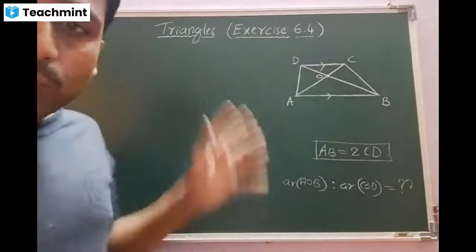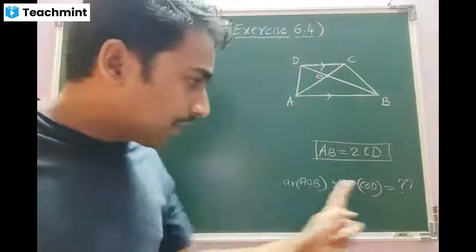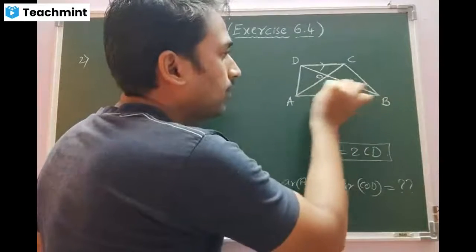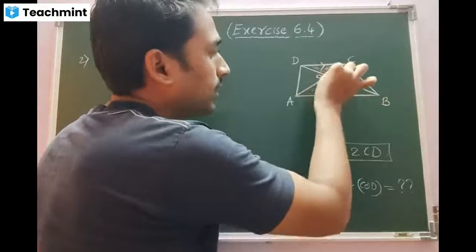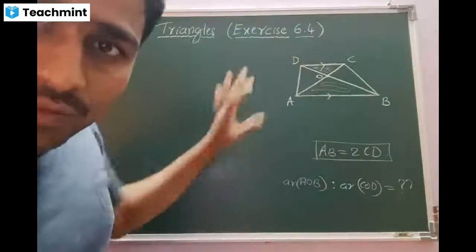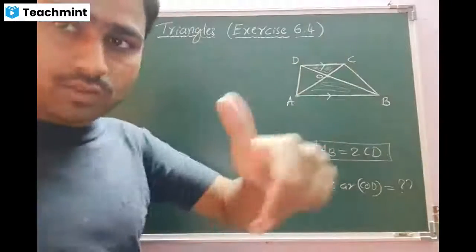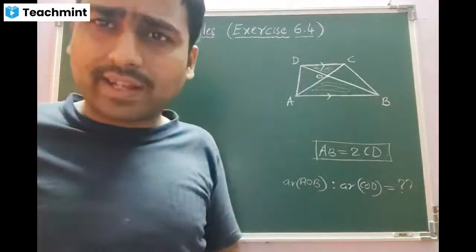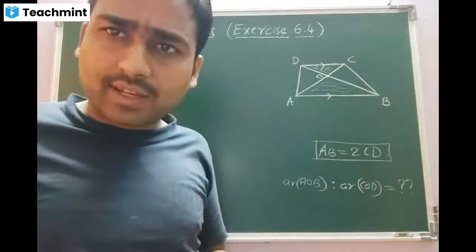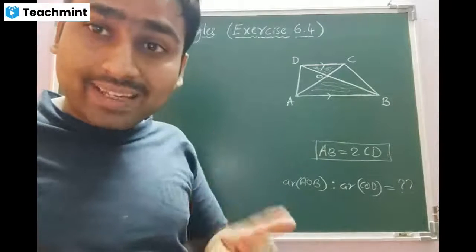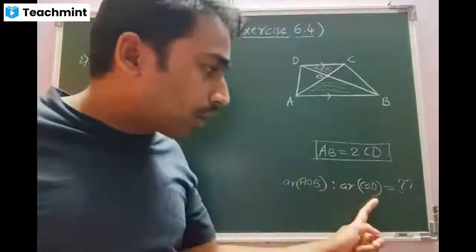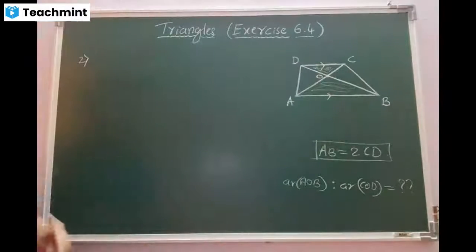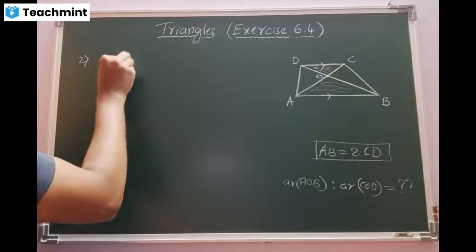We will proceed with triangle AOB and triangle COD. Look at the concept. AOB is available here, the bigger one. COD is available here. We have to take both the triangles. First work, we have to prove that they are similar. Now the question comes, sir, why do we require similarity? The theorem which we studied yesterday is related to the areas of two similar triangles. When we are talking about the areas of the triangles, those should be similar first. Is that clear? Yes, sir. Let us start doing the work.